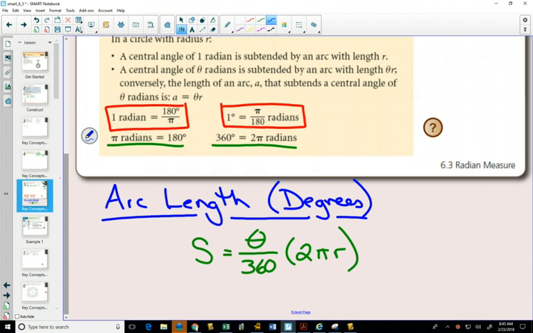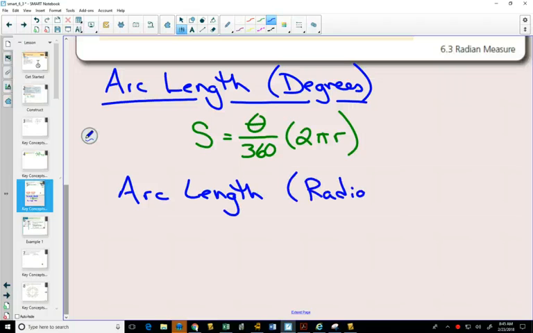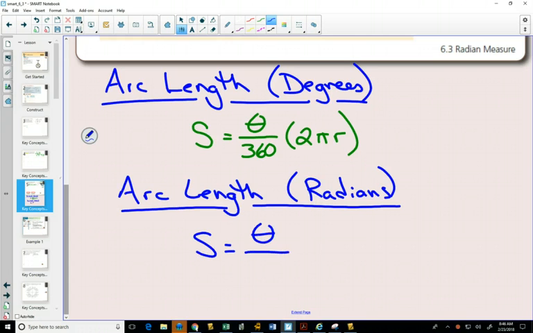Now, we can do the same thing with radians. The idea stays the same, but instead of having your angles in degrees, you have your angle in radians. So again, you have your proportion, but instead of being out of 360 degrees, it would be out of